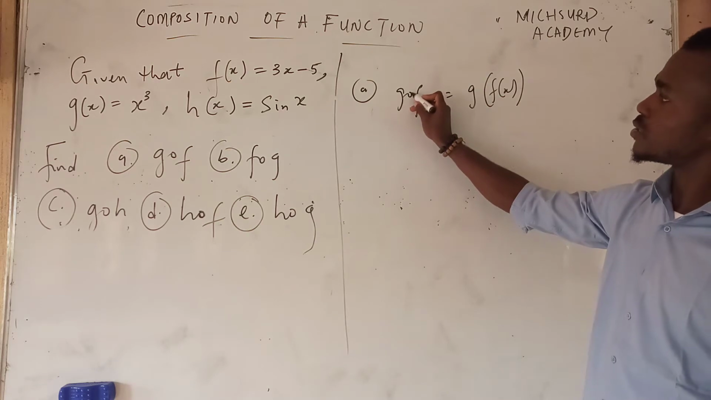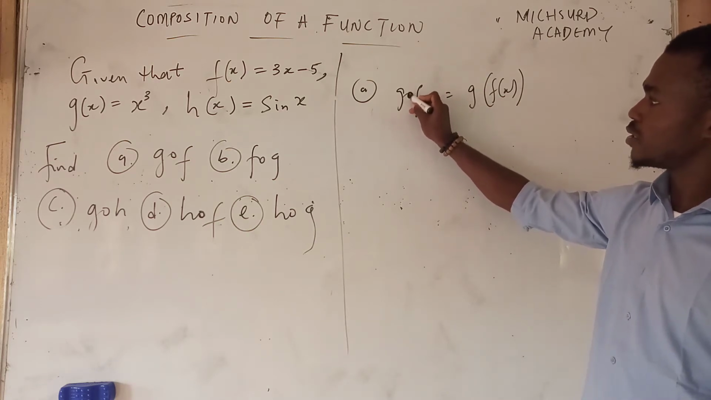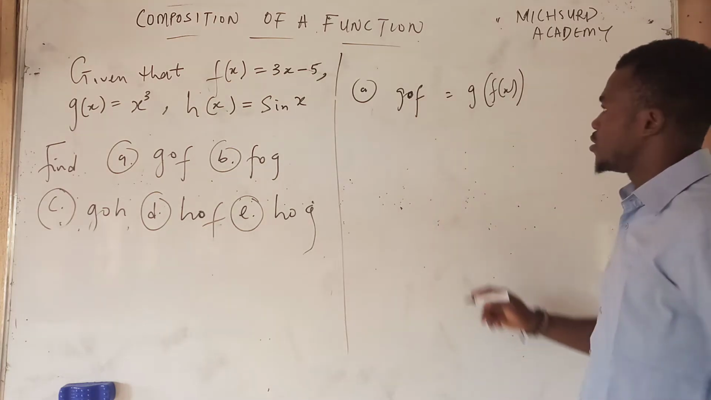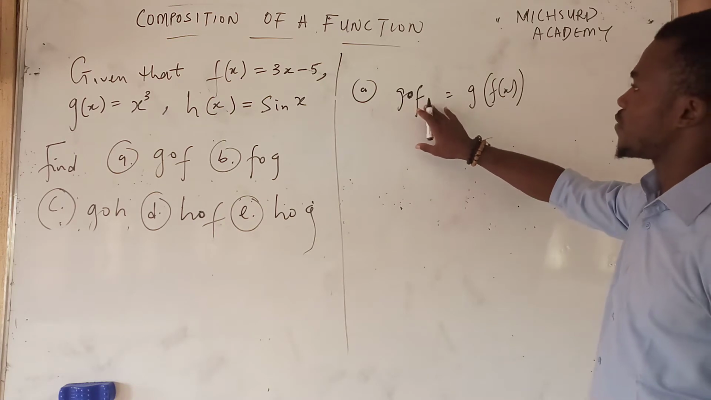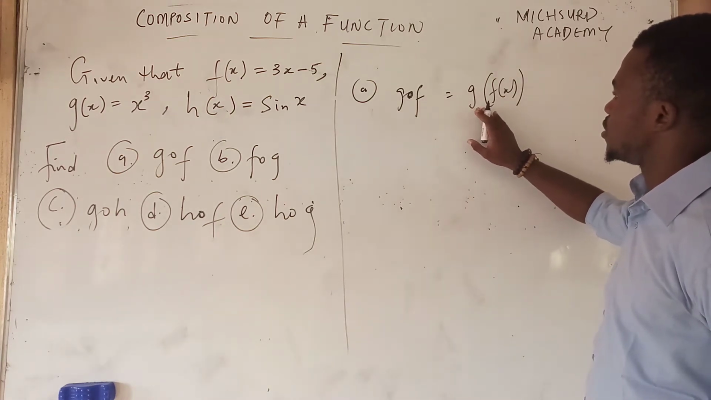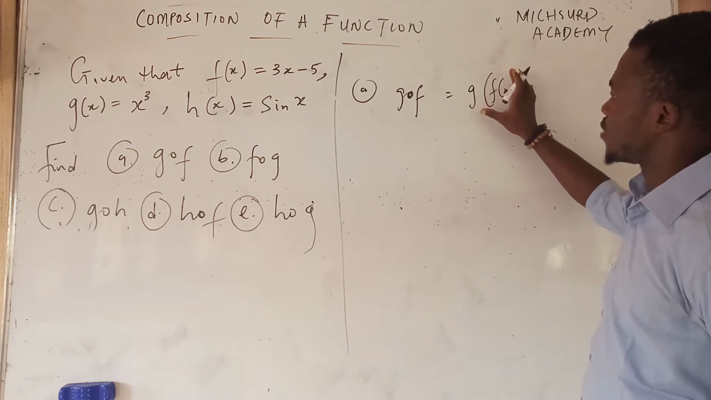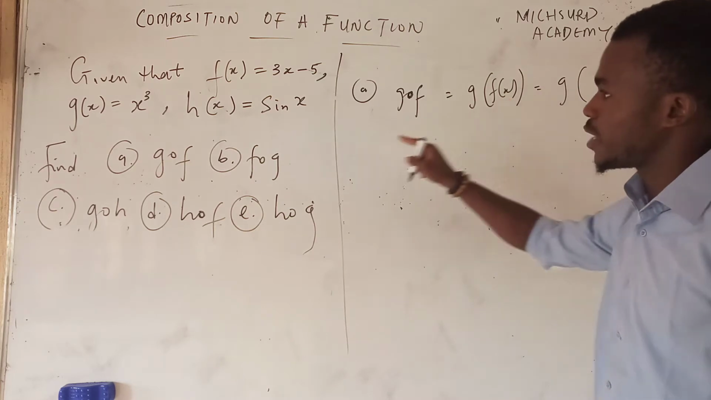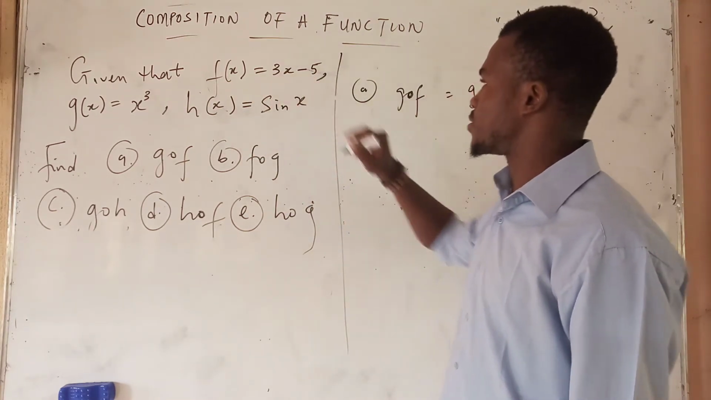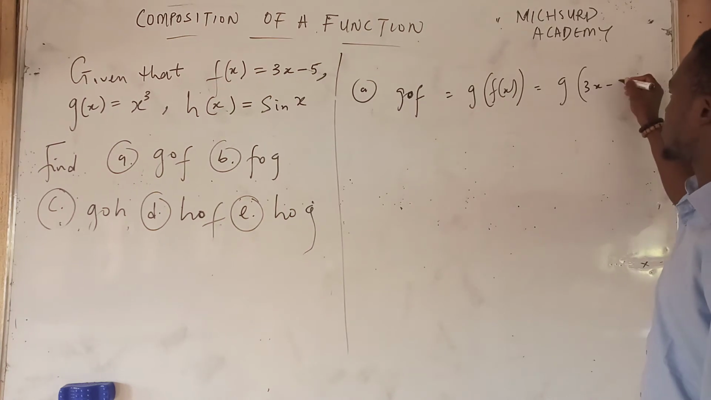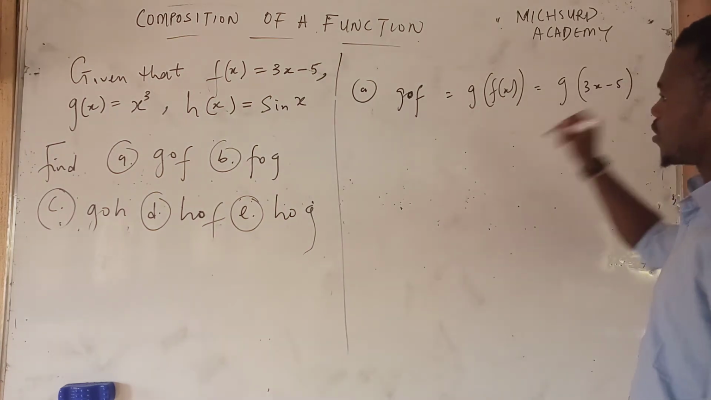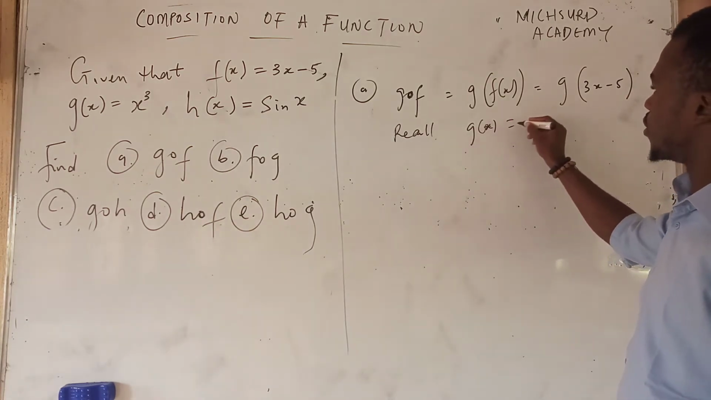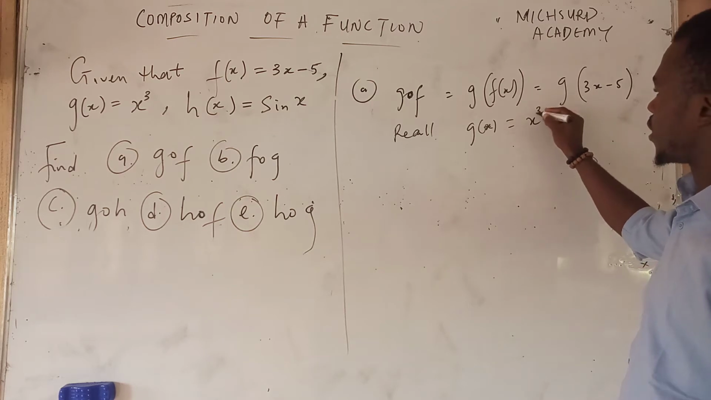So this is not a product sign. That's why I put it in this form. Alright, so now if we look at this, we have said that the g of f is given as g of f of x. So I can write this as g of f of x, and my f of x here is given as 3x minus 5. So I come here and write 3x minus 5. But we recall that g of x is equal to